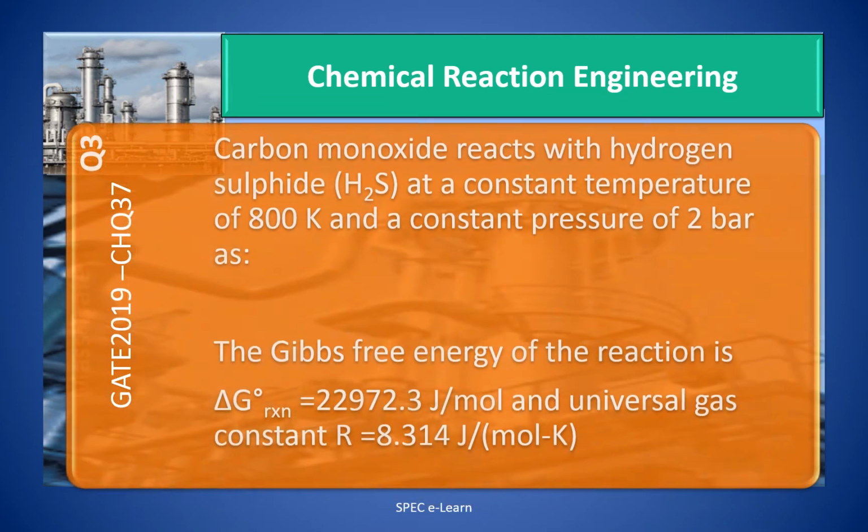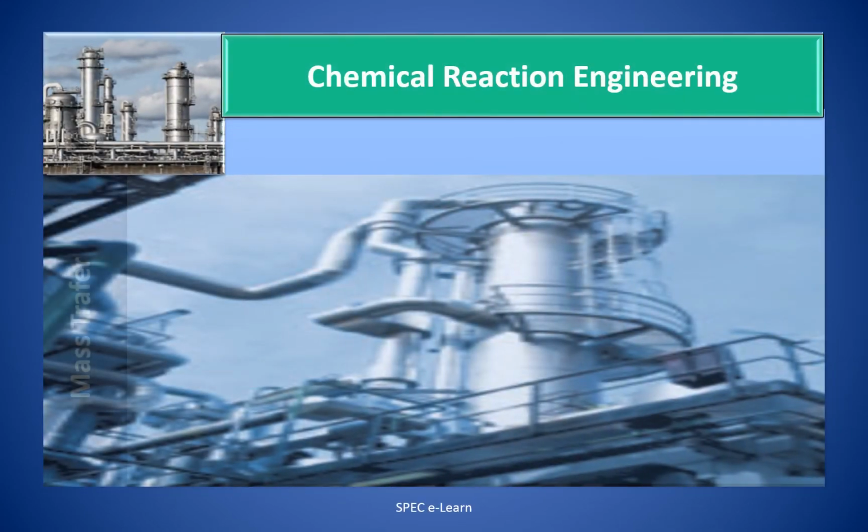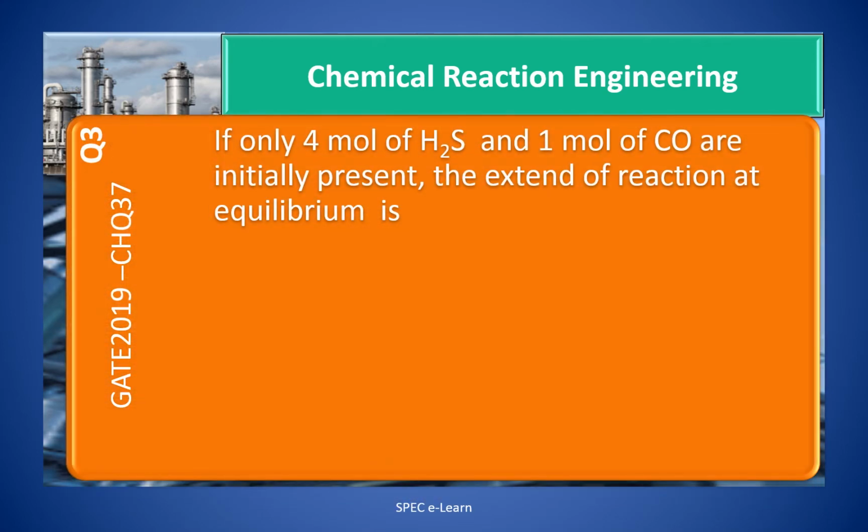GATE 2019 question number 37. Carbon monoxide reacts with hydrogen sulfide at constant temperature of 800 Kelvin and constant pressure of 2 bar as CO reacting with H2S to form COS and H2. The Gibbs free energy of the reaction is 22972.3 joules per mole and the universal gas constant R equals 8.314 joules per mole Kelvin. If only 4 mole of H2S and 1 mole of CO are present, the extent of reaction at equilibrium is